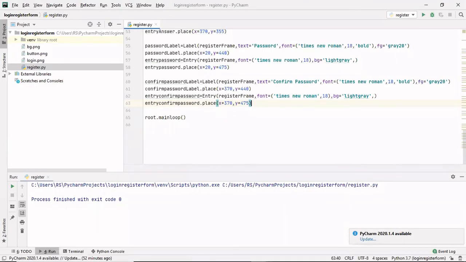Okay, and make sure you write everything inside this main loop only. Because this main loop is keeping our window on hold, so it is continuously running and keeping our window on hold. So if you write anything just after this, it will not be executed. Okay, it will not be executed unless you close the window. So after this entry confirm, we need to create a check button. Okay, so let's create a check button,